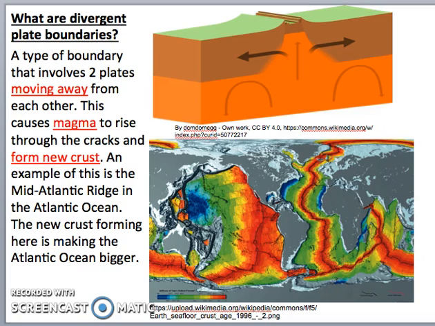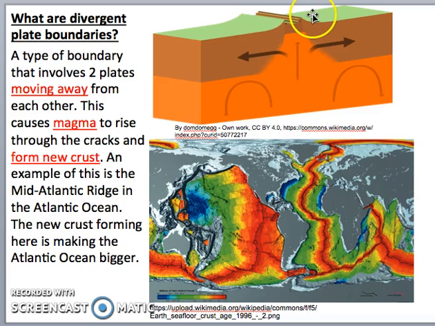Now let's talk about divergent plate boundaries. The word divergent means to pull apart. Convergent means to come together. Maybe an easy way to remember it is divergent is like divide and convergent is like coming together. Divergent plate boundaries, as you can tell from this picture, is when 2 plates are moving away from each other. And when this happens, the magma underneath in the Earth's mantle oozes out, and they tend to form